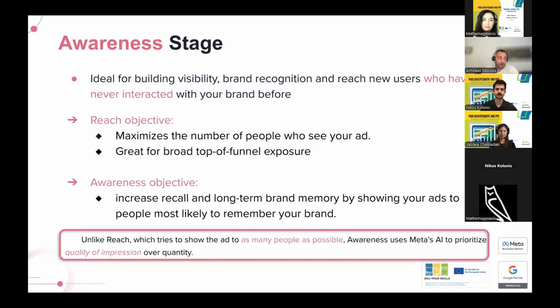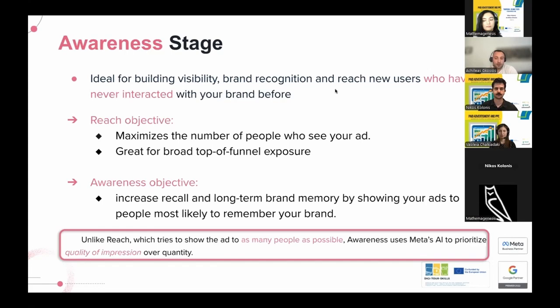We have two main campaign objectives here, the reach objective and the awareness objective. Both of them help us to show our brand to thousands or even millions of people who may not be actively searching yet. These campaigns are ideal for promoting the destination's beauty and highlighting what makes our hotel unique.